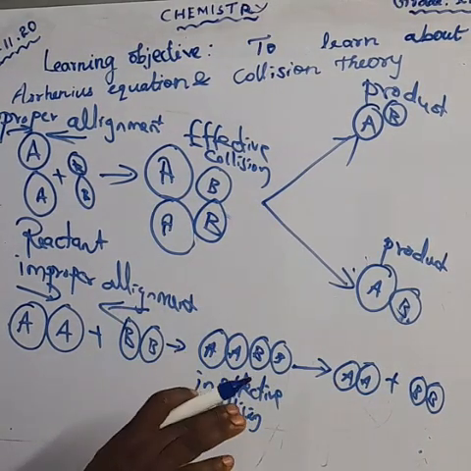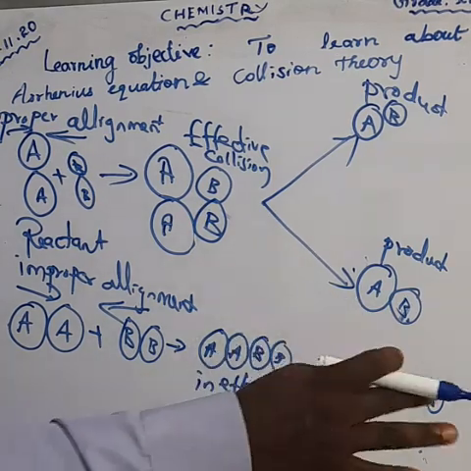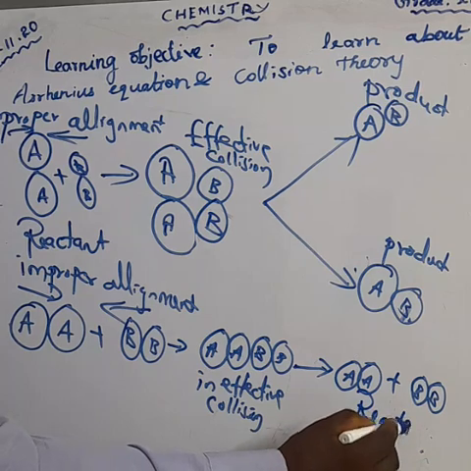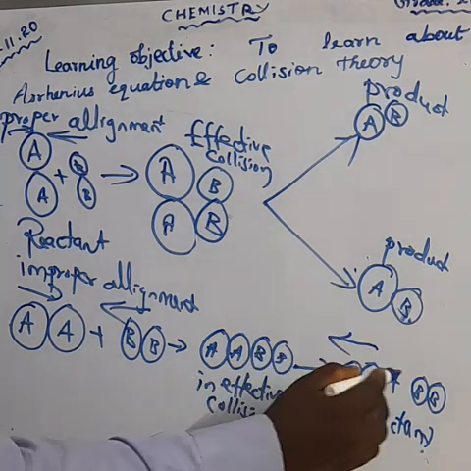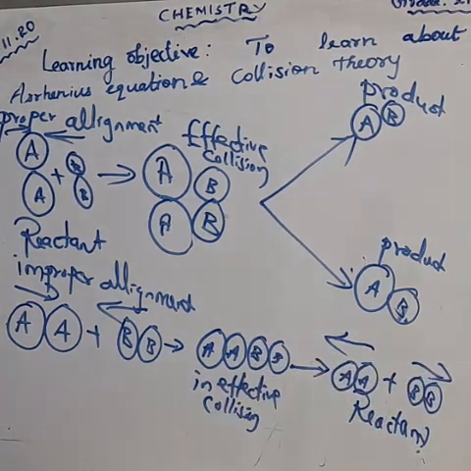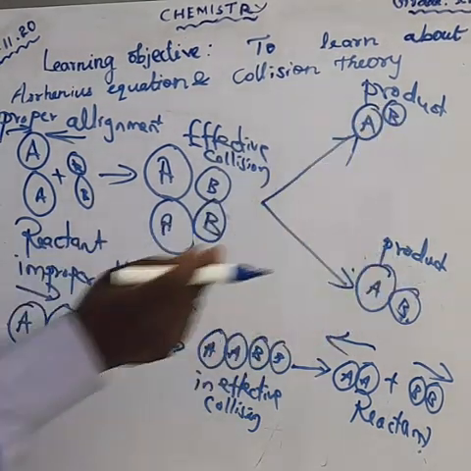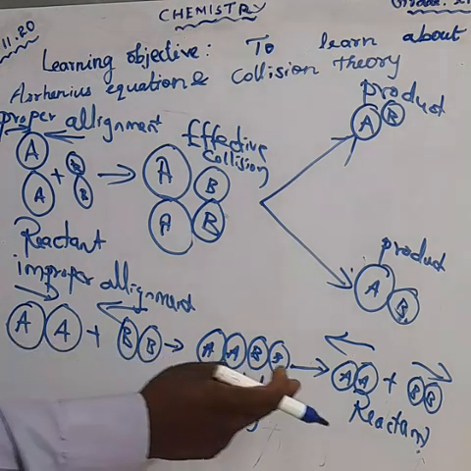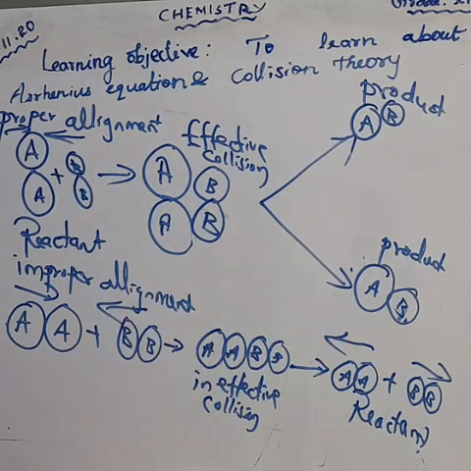This is not a product. Is it a product? No. It is only what? Reactant. This is not a product. Product means AB. Okay, already I told the equation. What is the equation? A2 plus B2 gives 2AB. Am I right? That's the equation. But here we get A like that only. So, it is not a product.